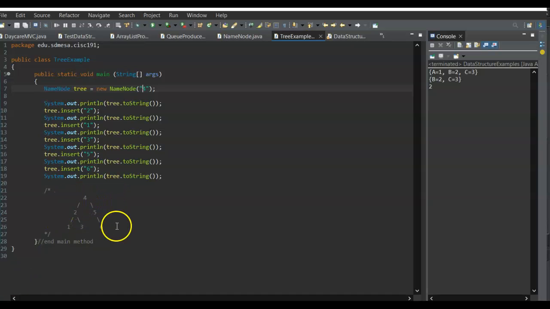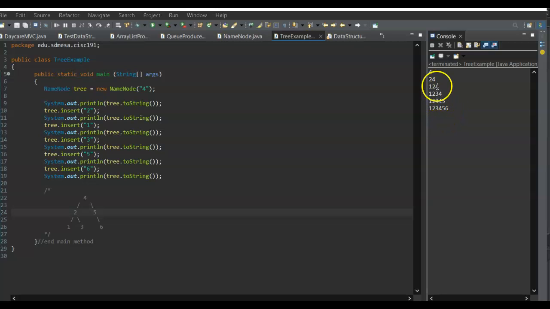So I have an example picture showing how it worked. 4 is the root, and then when you insert 2, because it was initially empty, it would go to the left. And then when you insert 1, because it's no longer empty, it's still less than 4, but it's no longer empty, so now you do a recursion method and do that insert method again, and then you would go to the left of number 2. And then for 3, you go to the right because it's more than number 2, etc.